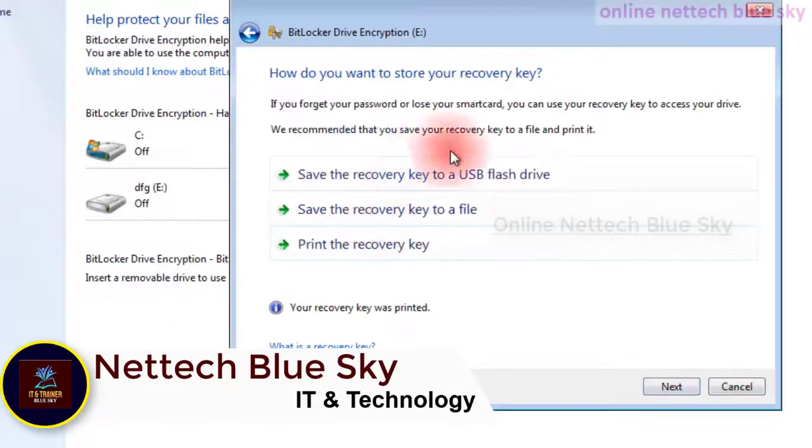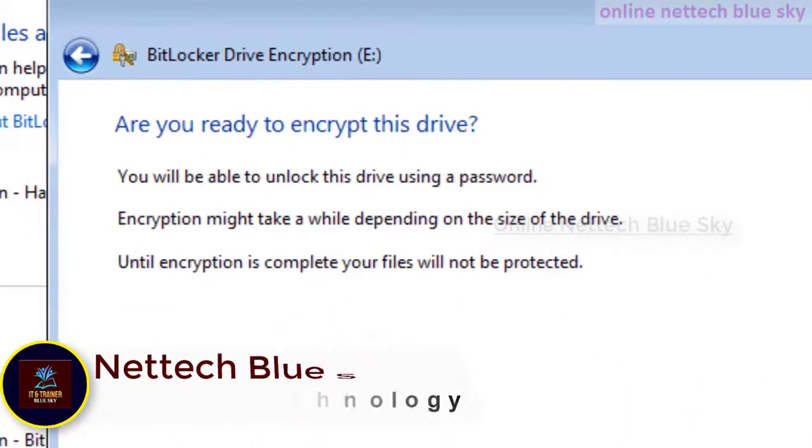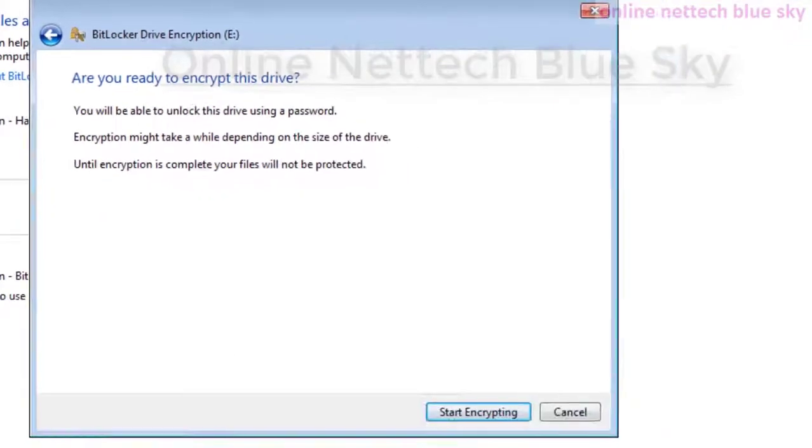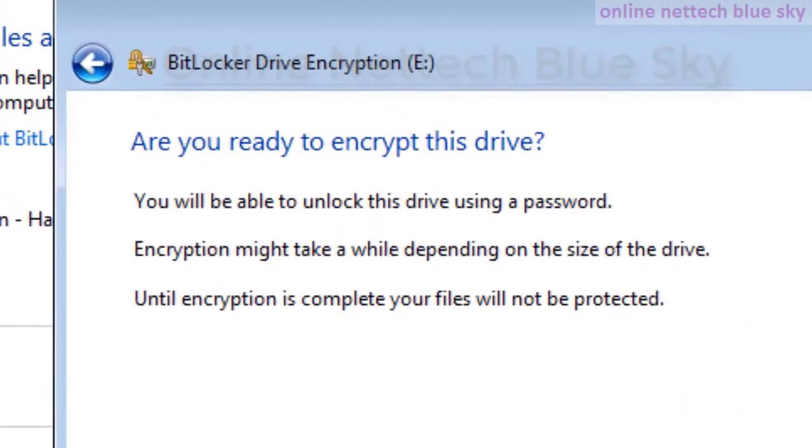Next, you will be able to unlock drive D using a password. This shows information: are you ready to encrypt this drive? This is very important for your computer system and your partitions. You will be able to unlock this drive using a password.